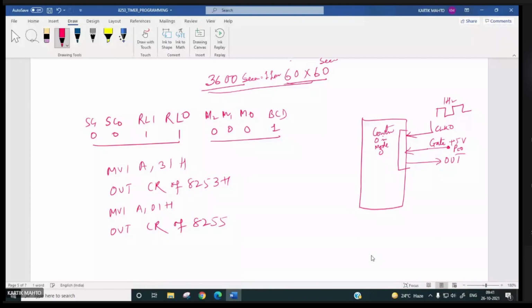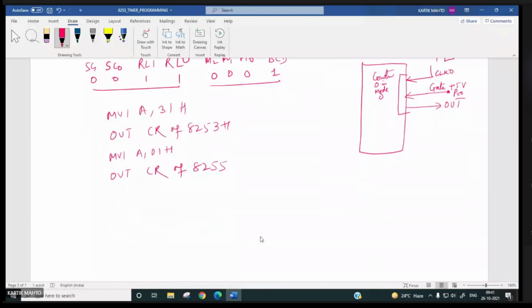Now we have to load the count value. So MVI A, 00H, OUT counter 0 address, right? MVI A, 36H, OUT counter 0 address. Right.